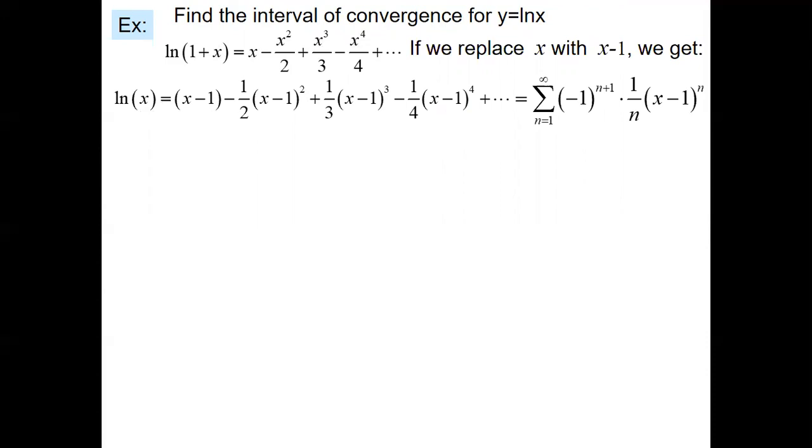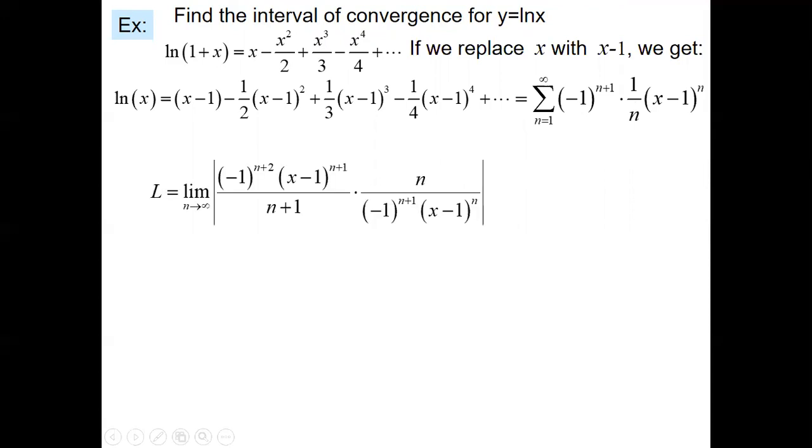So replacing my nth term for my ln of 1 plus x with x minus 1, I get that expression. All right, so let's use the ratio test here. What the ratio test is doing, let me grab my pen here,